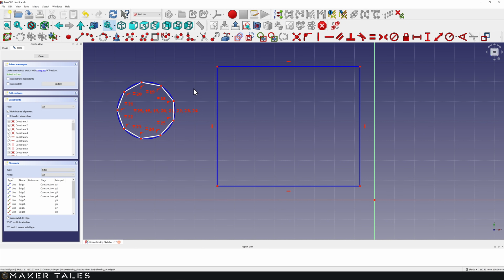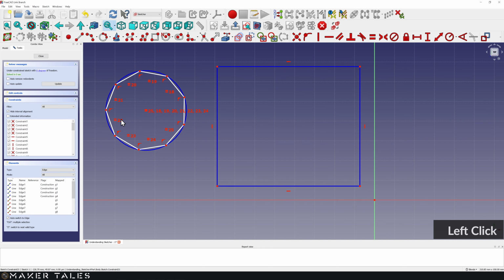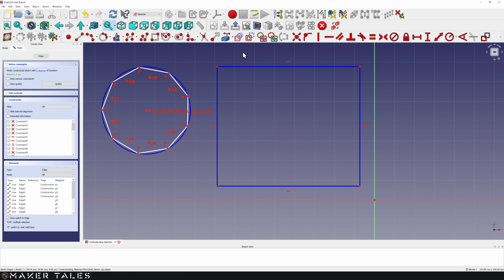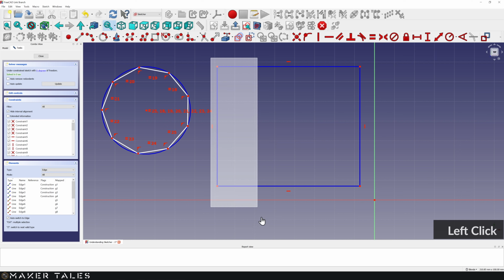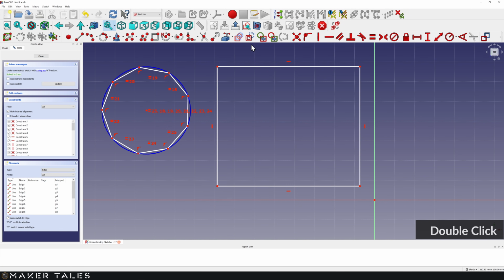Now, construction lines are extremely powerful when you mix them up with constraints and dimensions, and wow. Just for instance, this shape right here, this is all just constraints to this construction line with a number of edges, and that's how they've created that shape. Now, the way of using a construction line is you can either change lines into construction lines, or with nothing selected, change the entire tool set into construction lines.